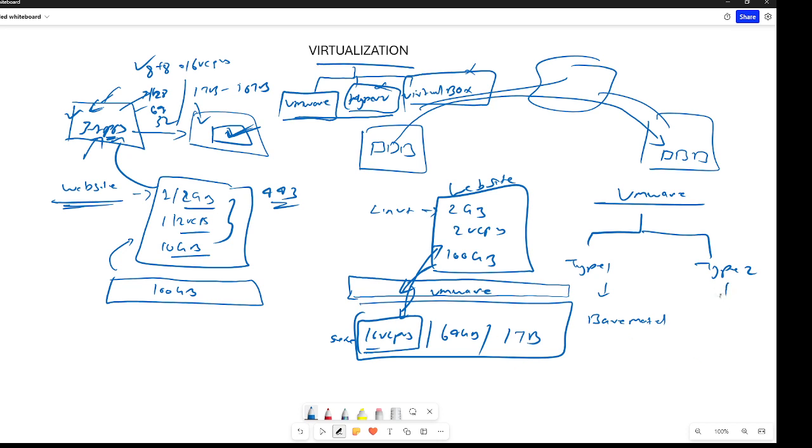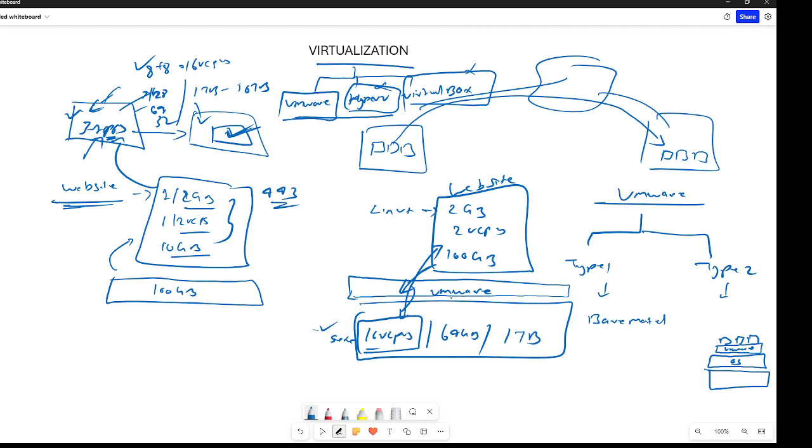Now coming to type 2, you will have your bare metal server. On top of it, you will have your actual operating system. On that operating system, you will have that particular VMware software. On top of that, you will be running your virtual machines. So this is your server.